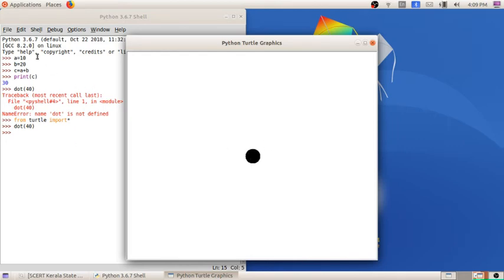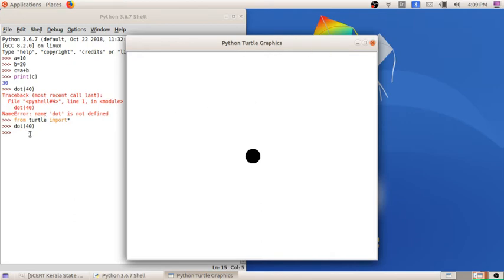The main difference between this code and the earlier one is that for computations, you can see the result in the shell itself. But dots, lines and so on are related to graphics, so the output is displayed in a particular Python Turtle Graphics window.